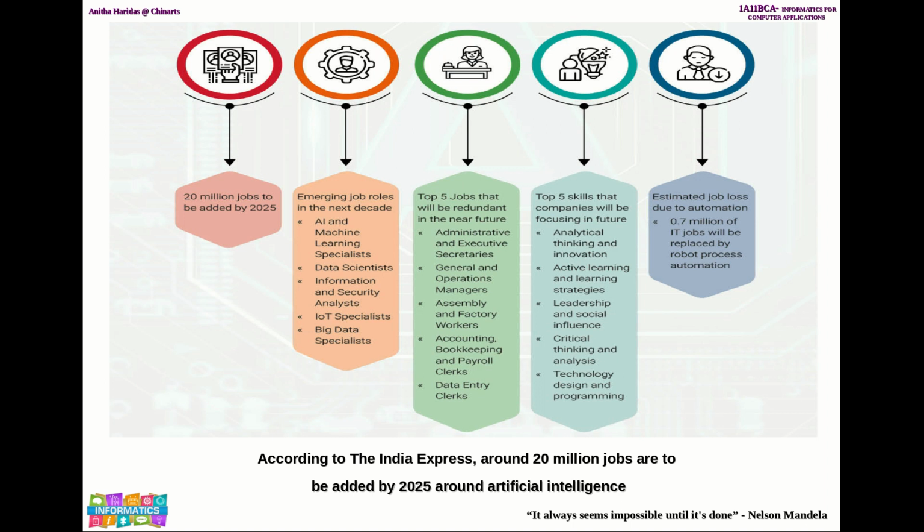You just give the contents, like you want to prepare a leave letter to this particular person, the dates can be specified, and it will be preparing a leave letter. So you don't require an assistant or a stenographer who will be writing what you want to send. So nearly 0.7 million IT jobs will be replaced by robots or the automatic machines. So that can be one of the disadvantages of artificial intelligence, I should say.